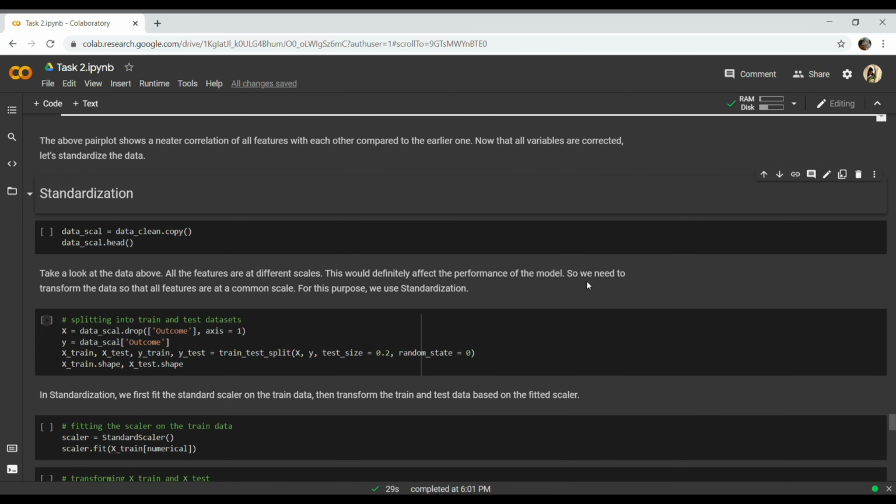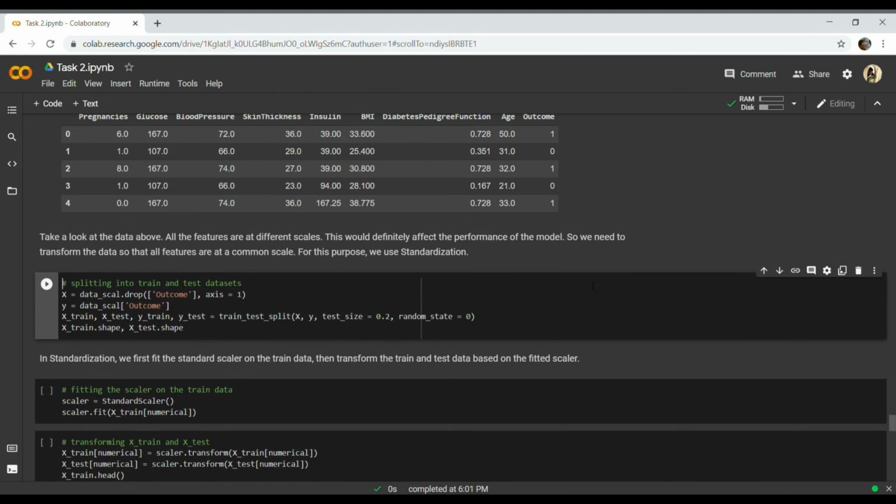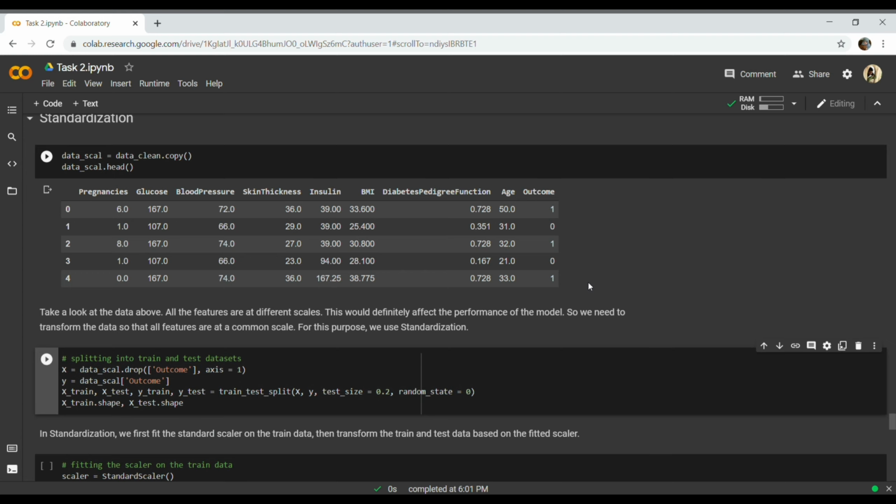So now we'll move on to standardization. I'll just explain the concept of standardization. Here, as we can see, pregnancies is 6, glucose is 167, BP is 72, skin thickness 36, insulin 39, BMI 30, diabetes pedigree function as 0, and age is 50, 31, 32.